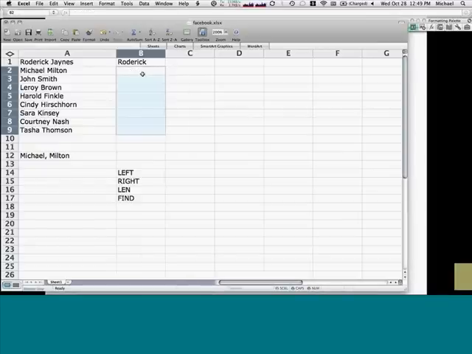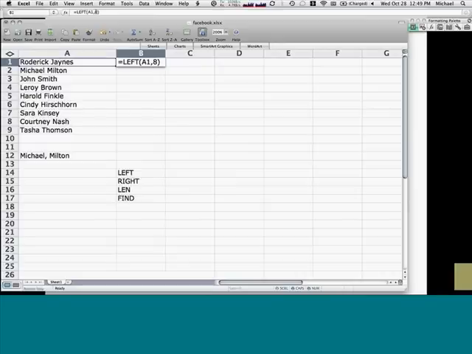So instead of the numeral 8, what I would like to do would be to have a formula that returns a number representing the position of that space. So I could do find here, and what find will do, I point to this text, and I ask it to look for a space. And so this find A1 comma space, it will return a 9, I guess.